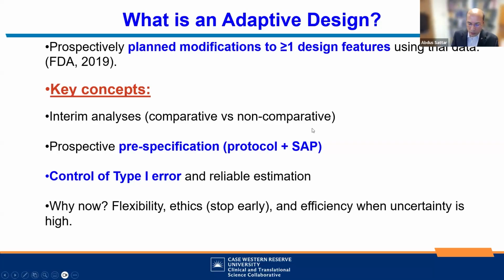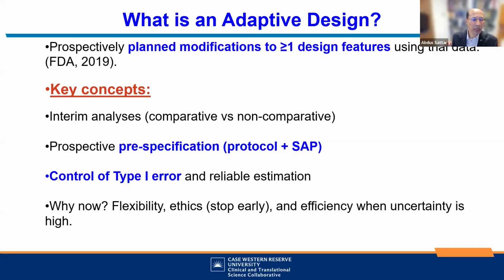Okay, so what are the key aspects of adaptive trial design? Interim analysis is a key aspect of the adaptive trial design. We would do a pre-specified interim analysis for understanding the study outcome and various aspects of the design and various aspects of the study. So it is prospective pre-specification, and as I mentioned, details should be outlined in the protocol as well as the statistical